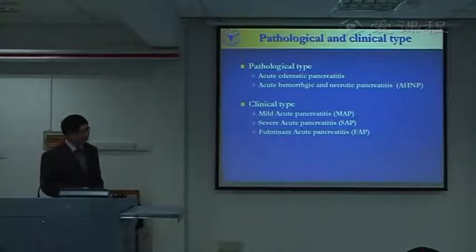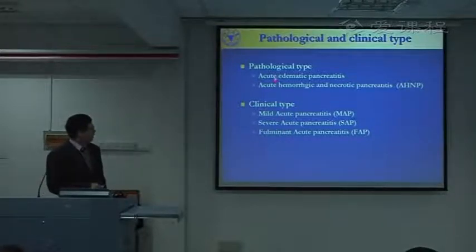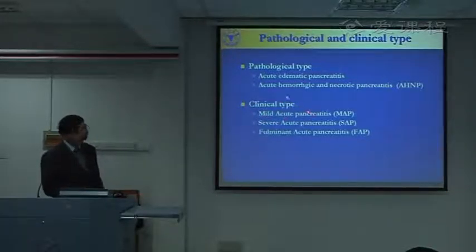So pathologically, we call them acute enzymatic pancreatitis and acute hemorrhagic and necrotic pancreatitis. Pathological edema, clinically we call mild acute pancreatitis. If pathologically we find hemorrhage and necrosis, clinically we call it severe acute pancreatitis. But some patients